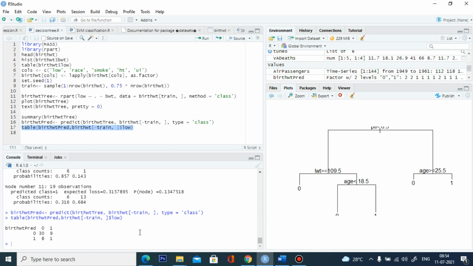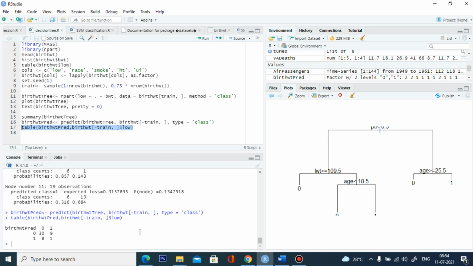So the total accuracy is nothing but 30 plus 1 divided by 30 plus 1 plus 9 plus 8. So the total is 31. So the accuracy is more than 60%, I think.